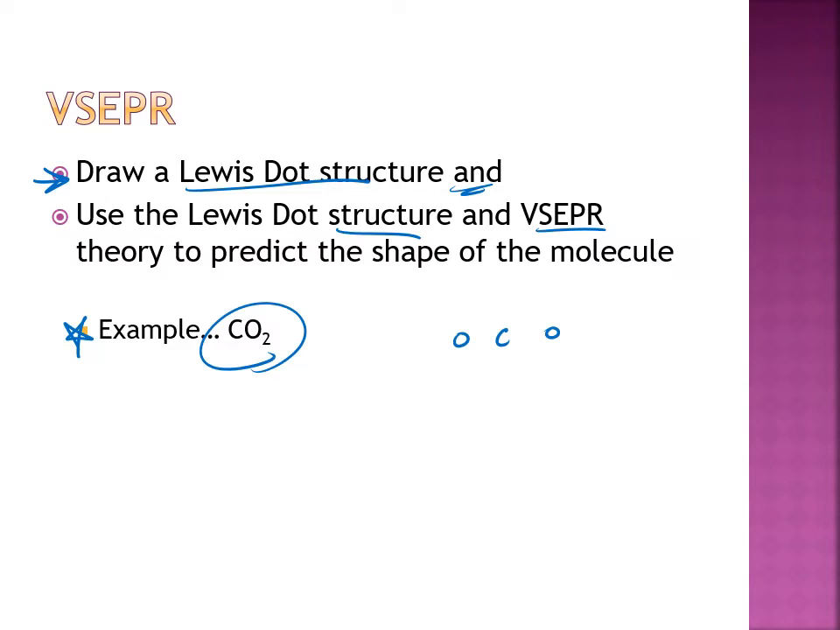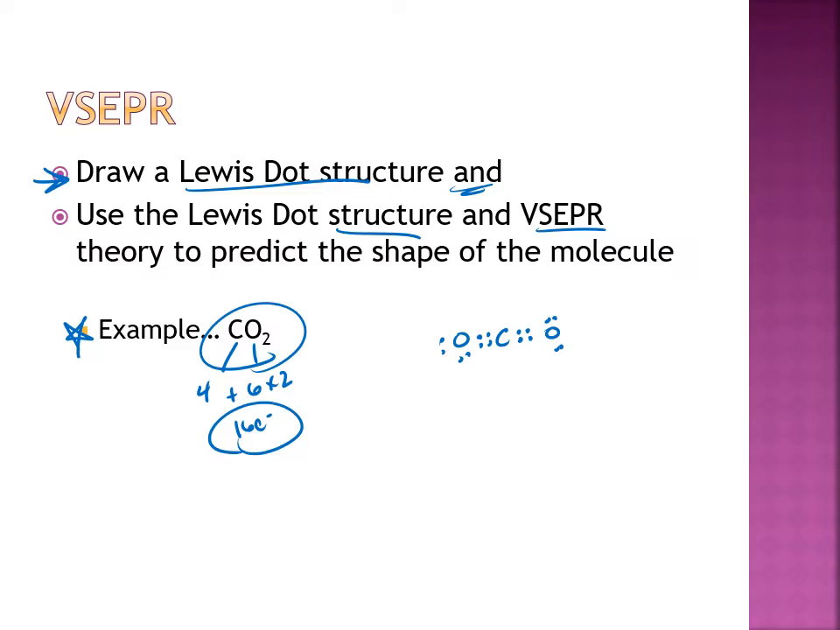We are going to put electrons between our atoms first. Carbon has 4, oxygen each has 6. 6 times 2 is 12, 12 plus 4 is 16 valence electrons. I'm going to go 2, 4, 6, 8, 10, 12, 14, 16. I have run out of electrons, which means I need to make some double bonds. I'm going to take away from here, and I'm going to make a double bond here and a double bond here. I have 16 electrons in my Lewis dot structure,